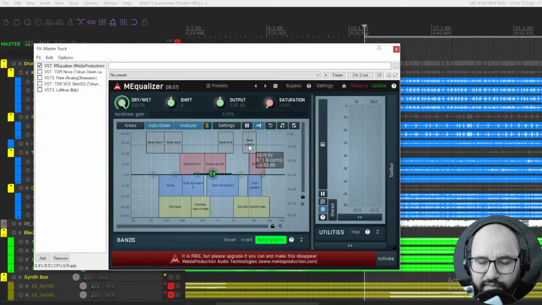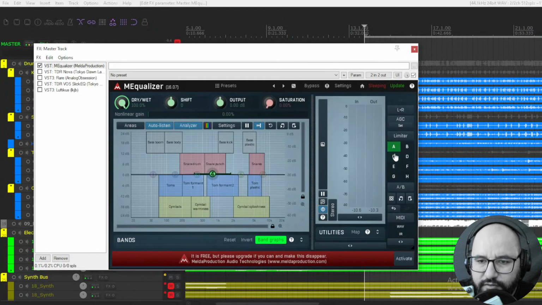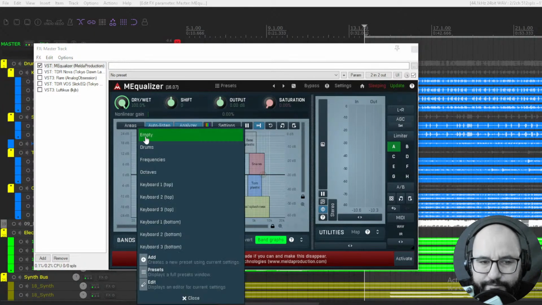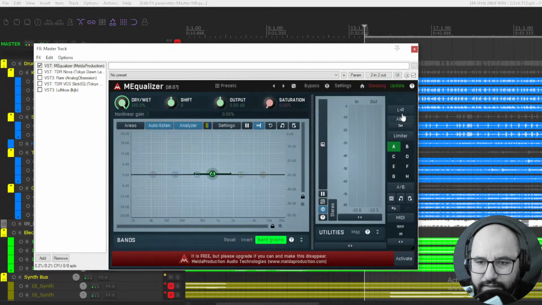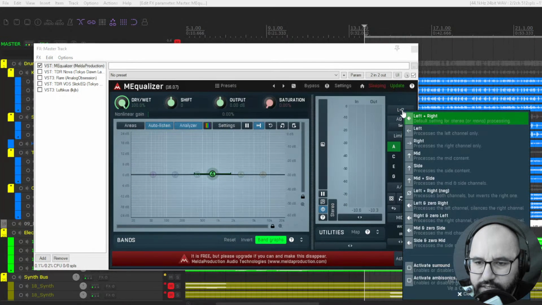One thing that I really liked about this plugin is that if you click here where it says toolbar to the right, you can use this plugin for mid-side processing. Where it says LR, which is left and right, it's the normal stereo processing. You can use it like mid-side.